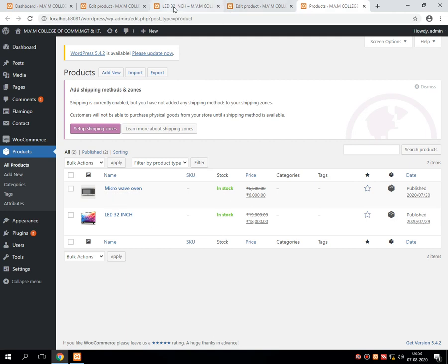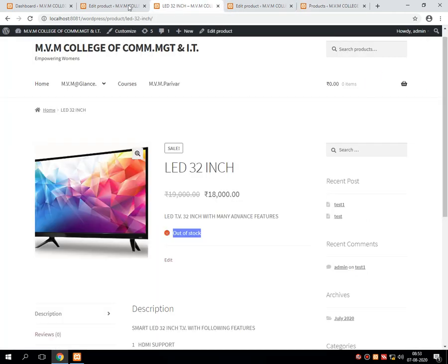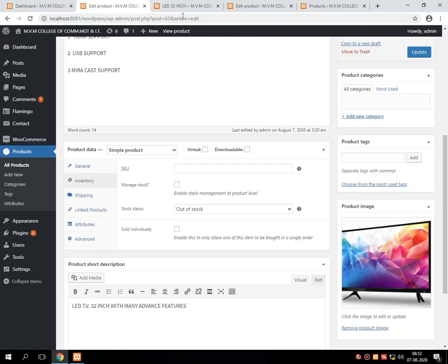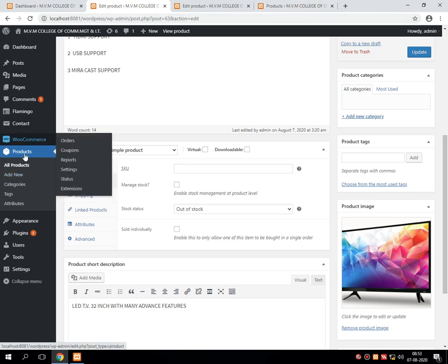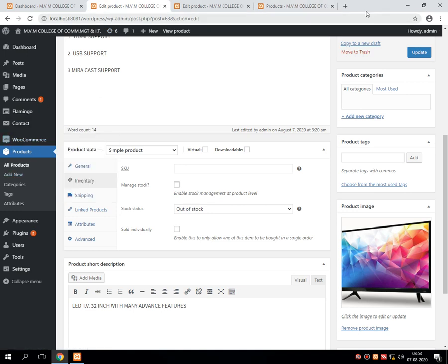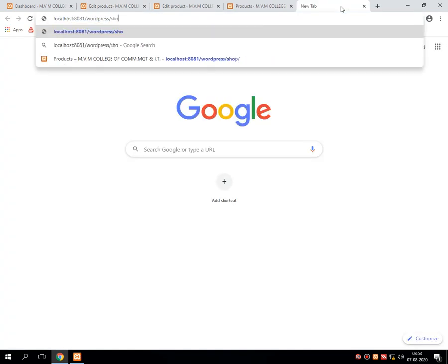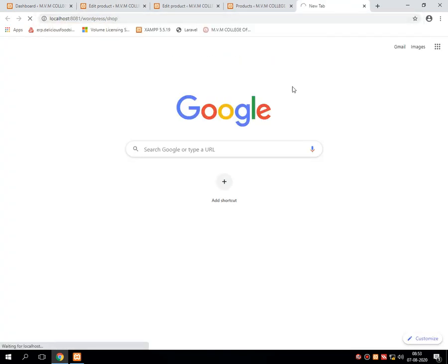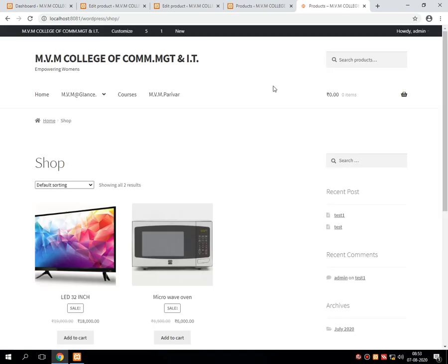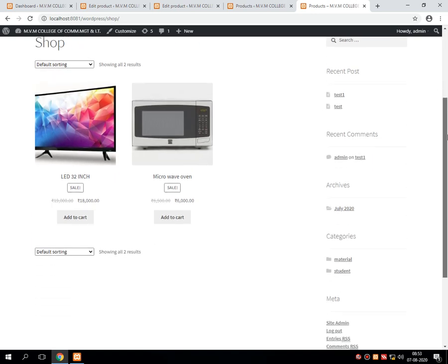That means stock is available. Now what I want to do is I am just opening the shop. That means I am opening over the client side.